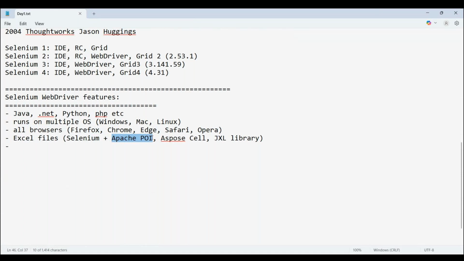As I mentioned, in our class we are discussing Apache POI because it is open source. You don't need to buy any license, and it supports both .xls and .xlsx files. If you observe, Excel files are also of two types: one extension is .xls, another extension is .xlsx. It supports both. And one more thing is